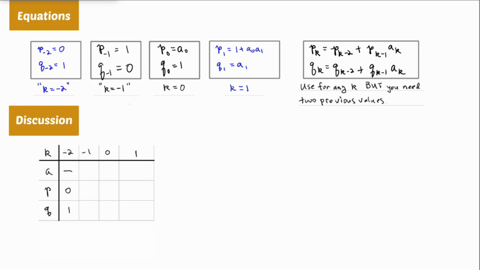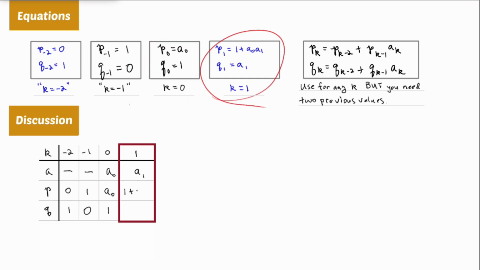When k equals minus 1, we once again do not have anything to put in the row for a, but we can use this set of equations to fill in p and q. They are 1 and 0. In the next two columns, we can add a0 and a1 in the row for a, and in the column for k equals 0, we can use this set of equations for p and q. They are a0 and 1. Finally, in this column, we use a set of equations p equals 1 plus a0 times a1 and q equals